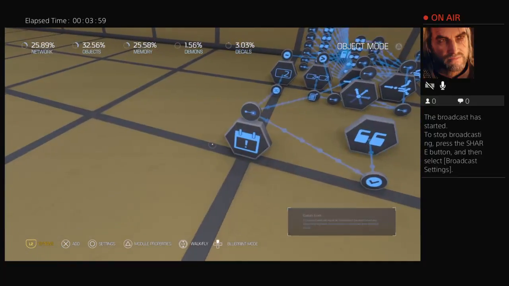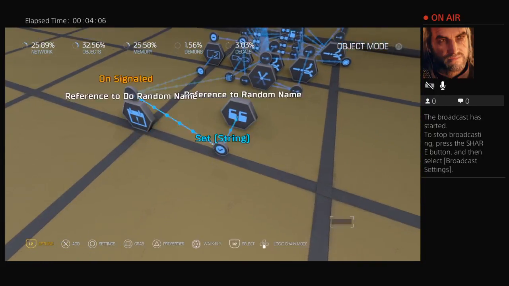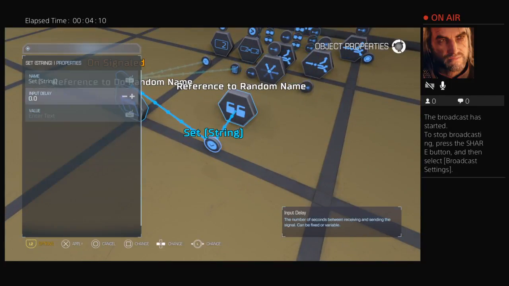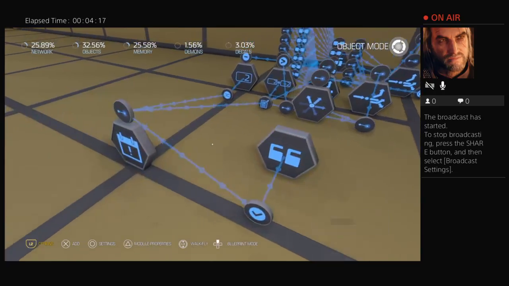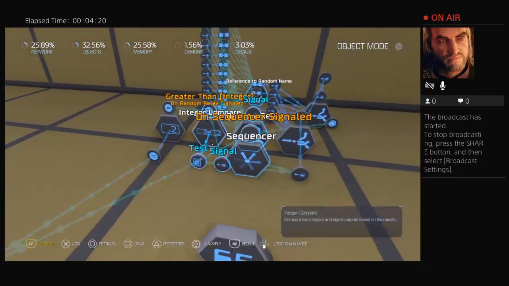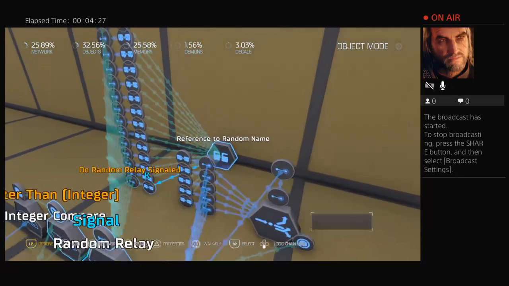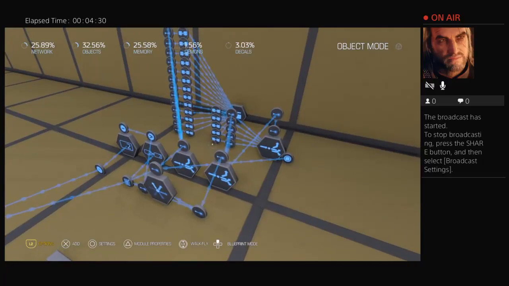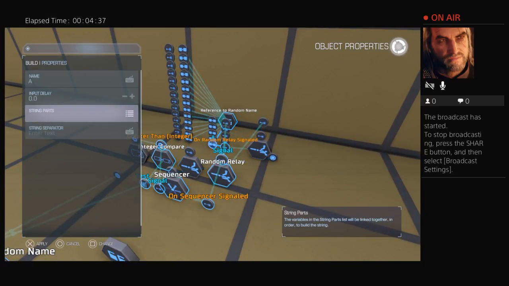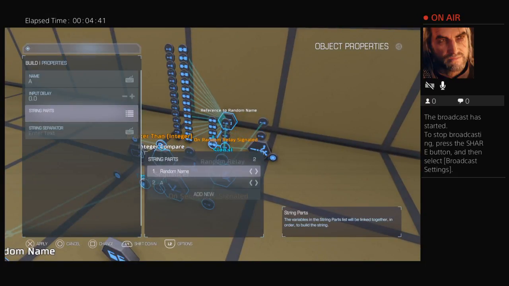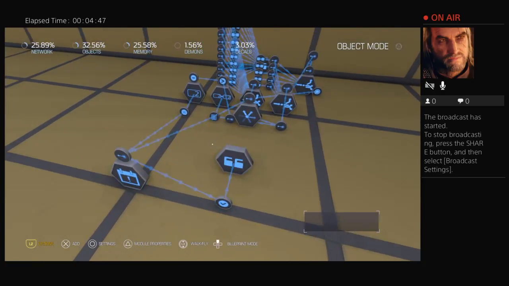But anyways, I'm using a custom event to trigger this. You can use whatever you want. On signaled, I am setting this random name string to nothing. It's blank. I don't know why I did that. I guess it's not really necessary, but maybe because the way I chose to build it. Oh yeah, because I'm using random builds here. We want it to be blank first because we're building on what it already is, which I don't think it really is. Yeah, it is. So it's building on itself, so we want that to be blank to begin with. So yeah, we're setting that to a blank value,